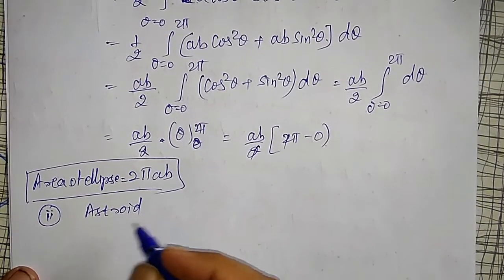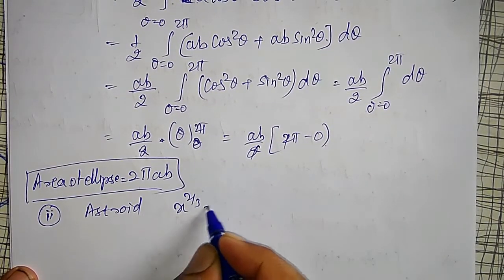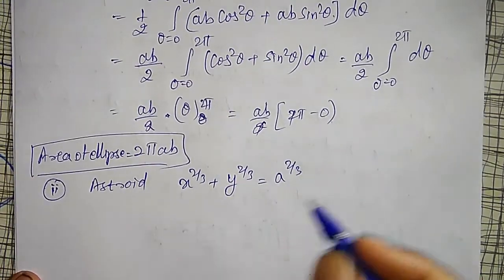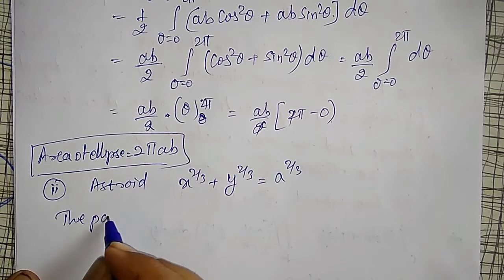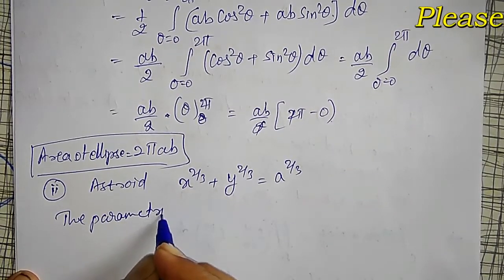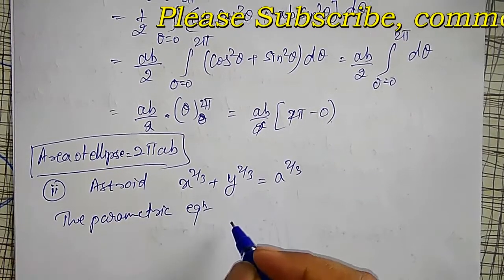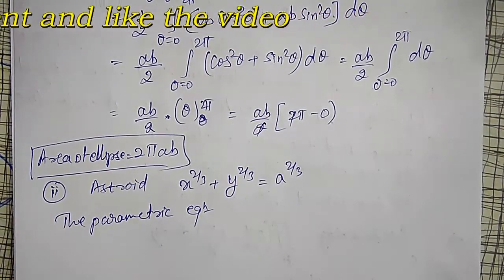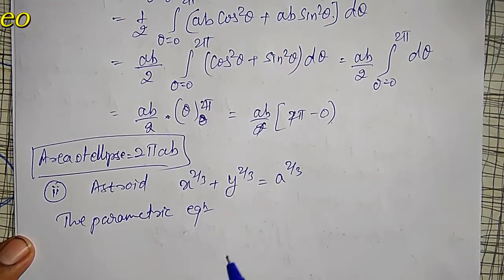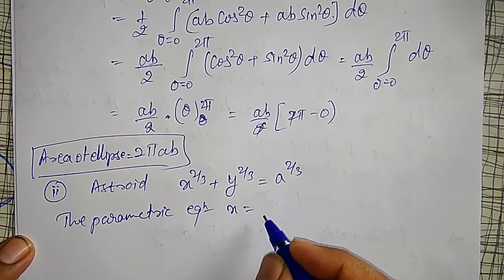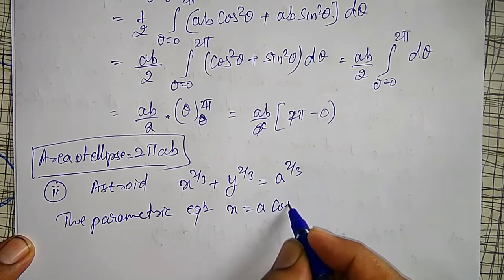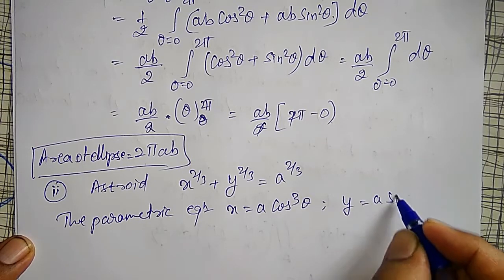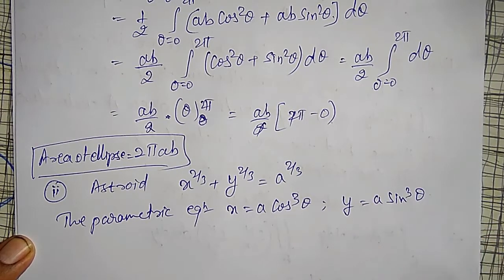Asteroid equation is nothing but x raised to 2 by 3 plus y raised to 2 by 3 equal to a raised to 2 by 3. The parametric equation I am converting into parametric equation because line integration is simply solved using the parametric equation. That's why it is x equal to a into cos cube theta and y is equal to a into sin cube theta, and theta is lying between